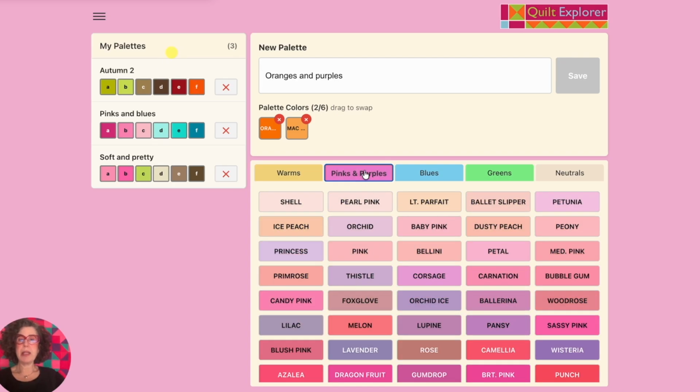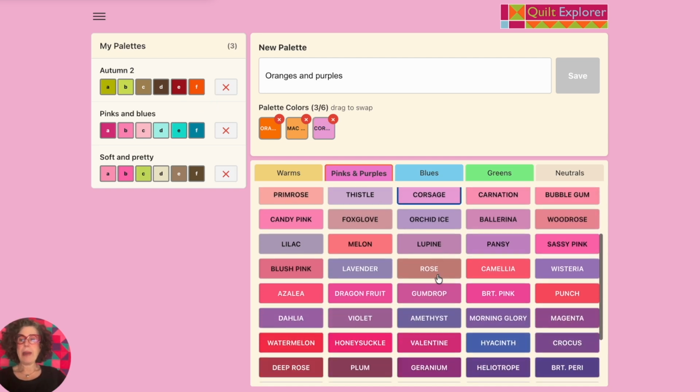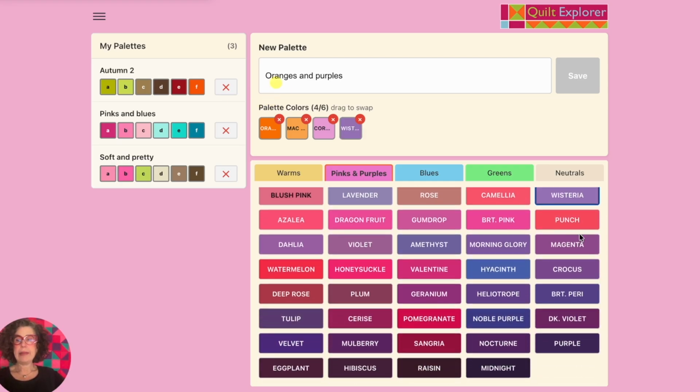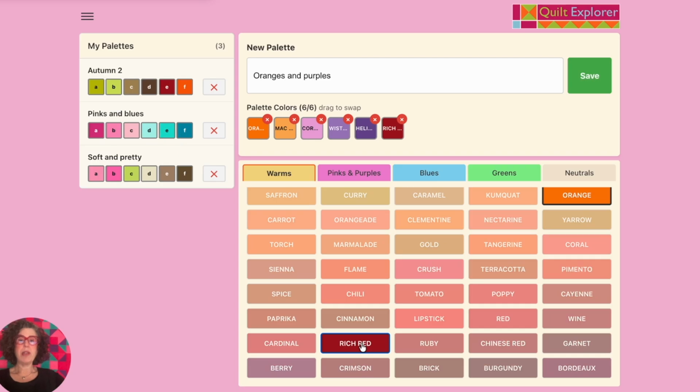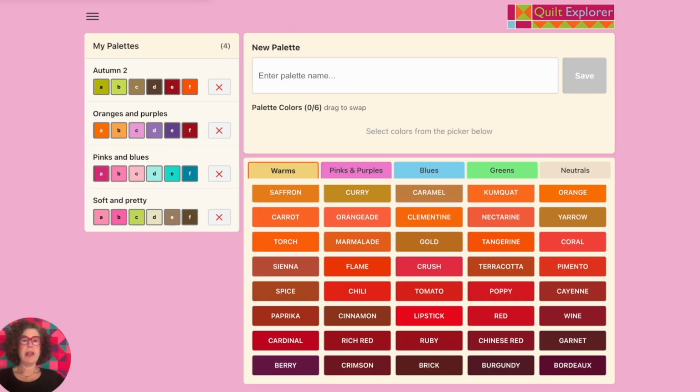Purples, I'll click my pink and purples group there, and let's go with a light corsage, and perhaps let's add a wisteria and a heliotrope for something nice and dark. And I think this palette maybe needs, oh, what am I going to add? I think maybe even a red or something a bit darker, a rich red. That works for me. So we save and our palette appears on the left,